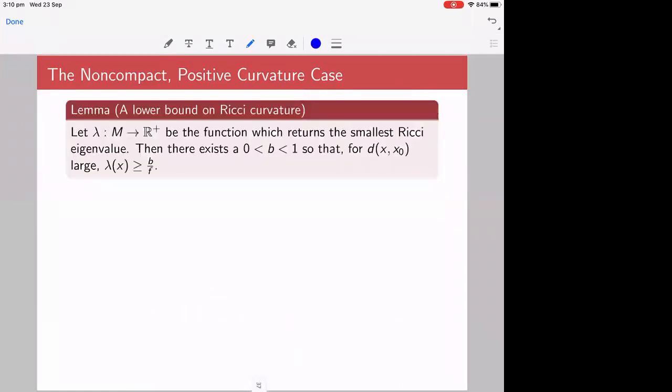All right, so we've got good asymptotic properties of the function f, as well as the integral of the scalar curvature over certain sets. Now we're going to try and derive some asymptotics for the Ricci curvature itself. So really what we're interested in is, remember that we're assuming that the Ricci curvature is positive everywhere. And from that, and the fact that we're a Ricci soliton, we're going to try and not just